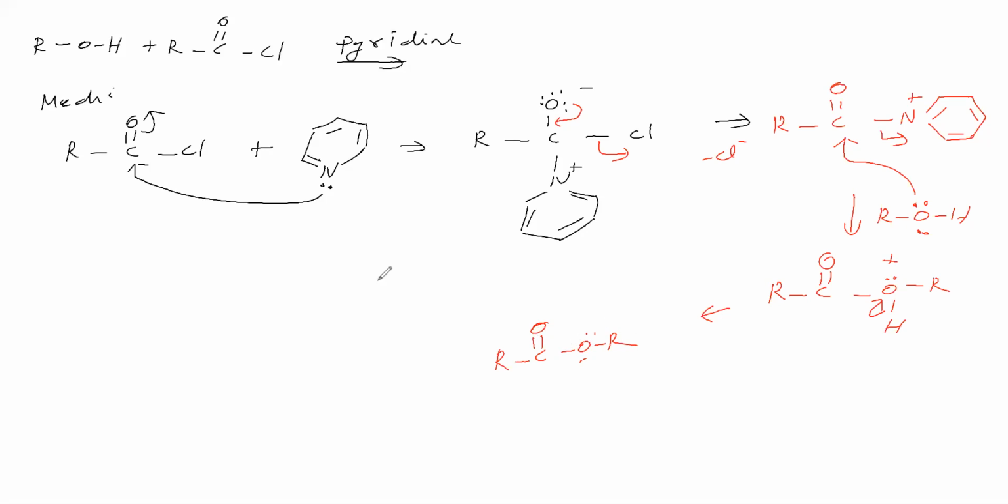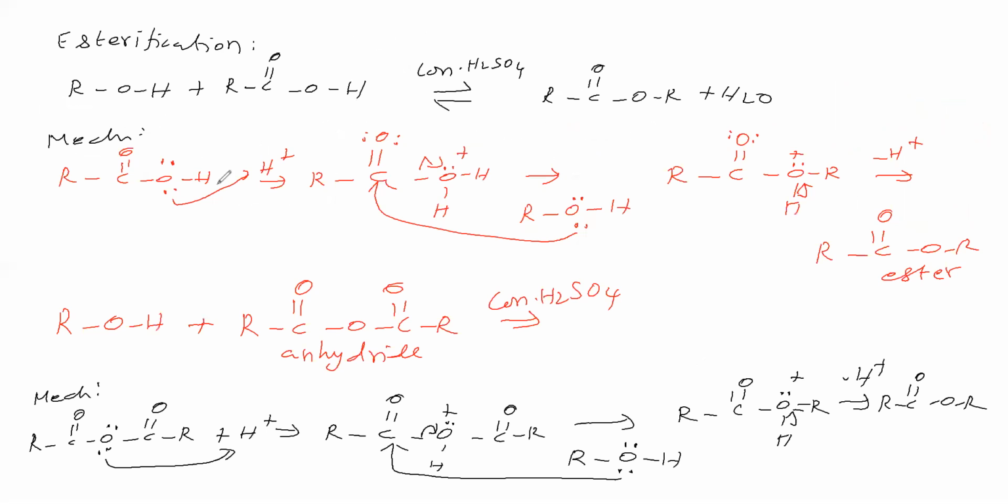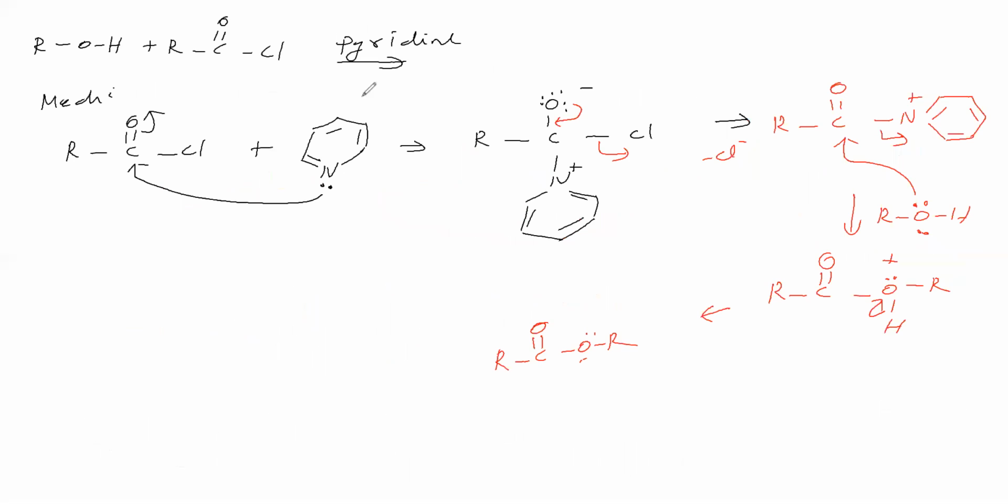Here we are getting esterification, an ester. Well, this is also esterification, and we are getting an ester. These are reversible processes, reversible in the sense of forward and backward reactions. Forward reaction will be there, and backward reaction will be there in these cases. Here, however, it is not a reversible process. Okay, next reaction will take place in the esterification.